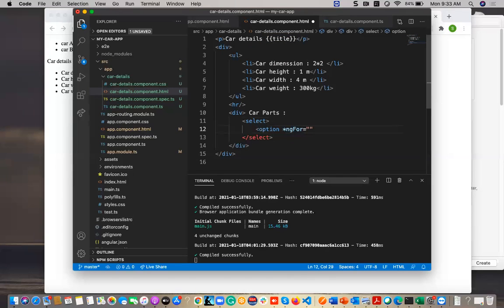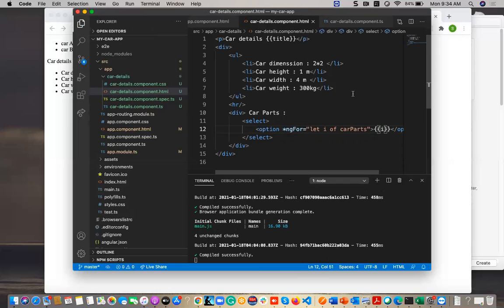So let us think, like I have let i of car parts, okay, and here I have to again interpolate.